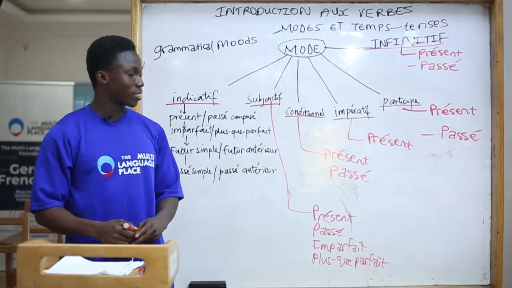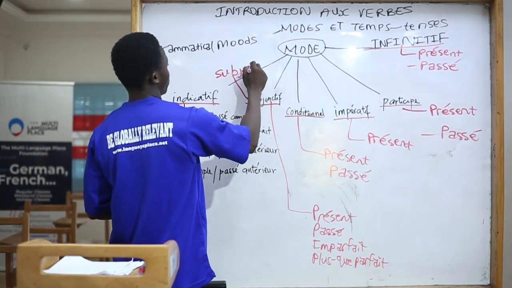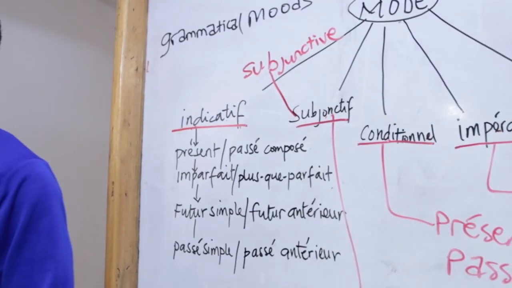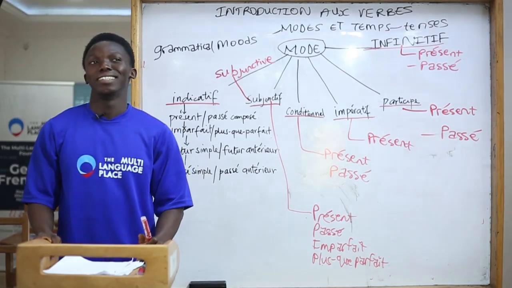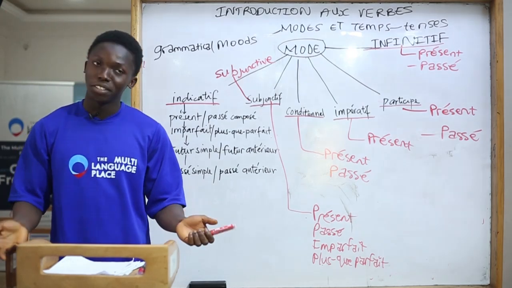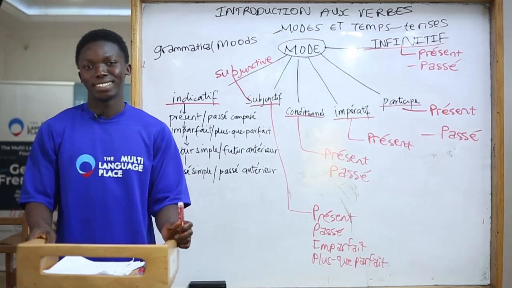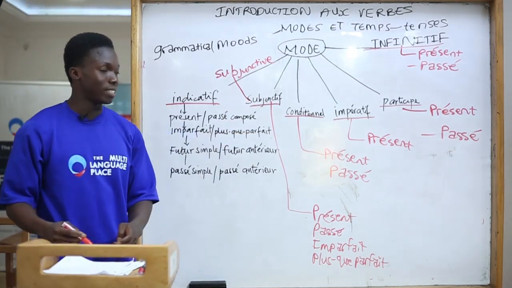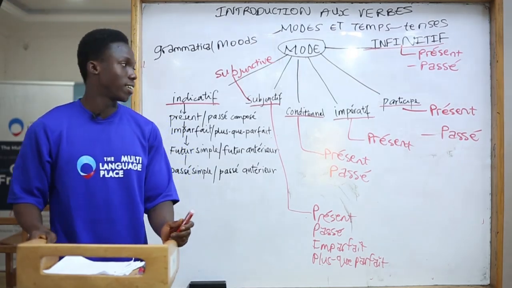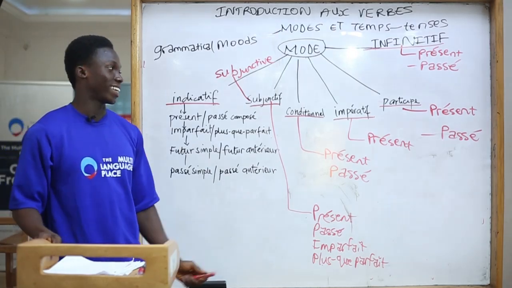Subjunctive. Subjunctive can translate to subjunctive in English. Subjunctive is a special French tense used to design possibilities, opinions, fears, and many other subjunctive feelings, probably. Subjunctive is a special tense used to express possibilities, opinions, and feelings on any subject whatsoever. Subjunctive also is a special tense that you like.